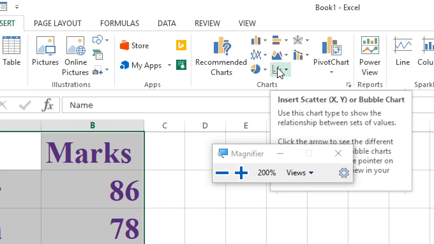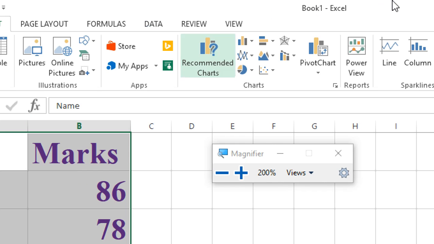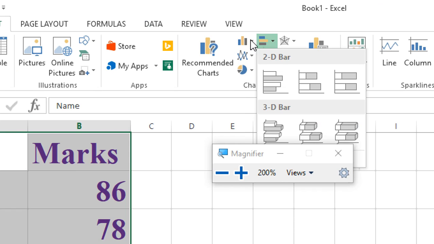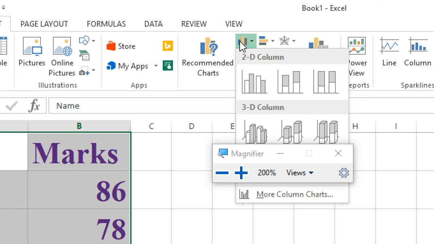But as per our data, you must know which chart to select. Okay, so according to our data we must select either a column chart or a bar chart. Okay, so today we are going to select the column chart.